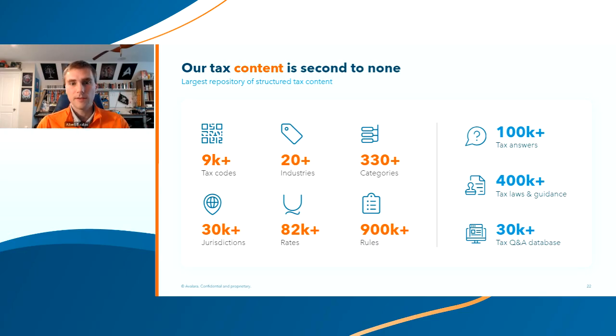In addition to that, we've got over 400,000 primary source documents as well. That's a regulation, the guidance for every state, and 30,000 tax questions that customers have asked our tax professionals. We've cleaned those up and saved them, and we make those available for everyone else to be able to review, so that when that question comes up again, you can see another customer's asked it, and we have the answer published.